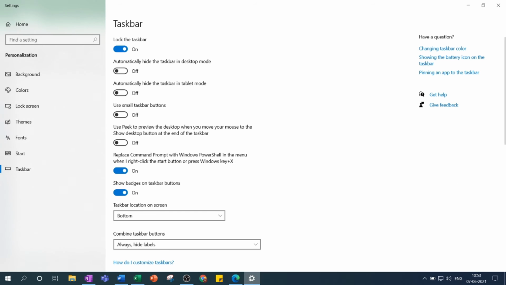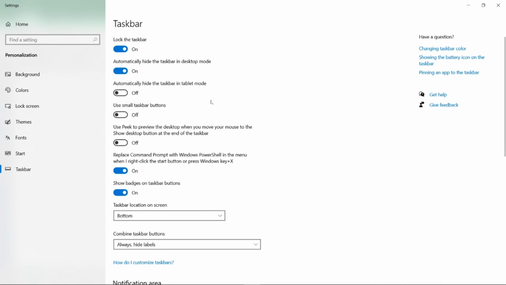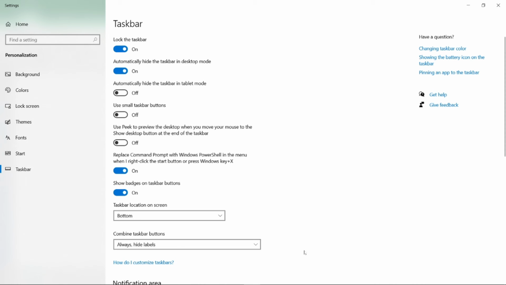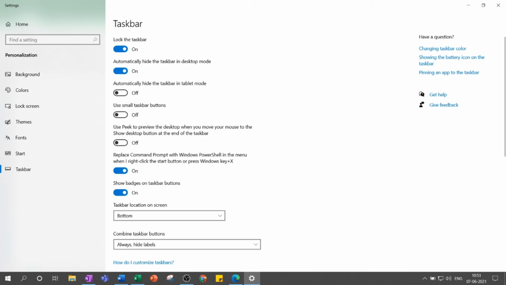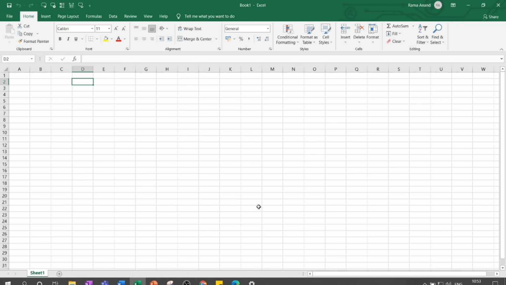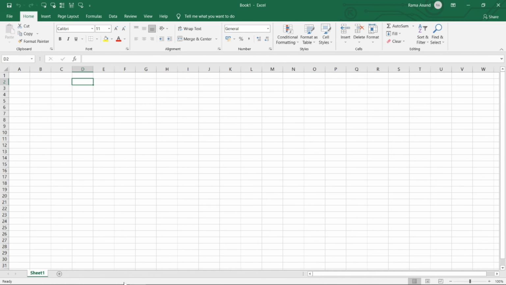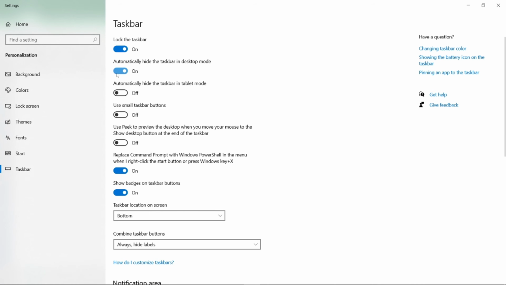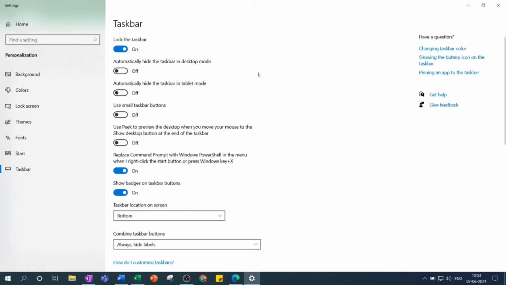So how can I do that? आपको ये ऑप्शन यहाँ मिलेगा, automatically hide taskbar in desktop mode. इसको ऑन करिए and now you can see my taskbar is hidden now. Just if you want it back, put your pointer on the bottom of the screen and it will show like this. Now open Excel. See, the taskbar is gone. Again, if you want it, just put your pointer near the bottom and it will be back. So you can do this setting if you want to auto hide the taskbar. When you want it, just put your pointer over there. When you don't want it, when you open a particular application, it will be hidden.